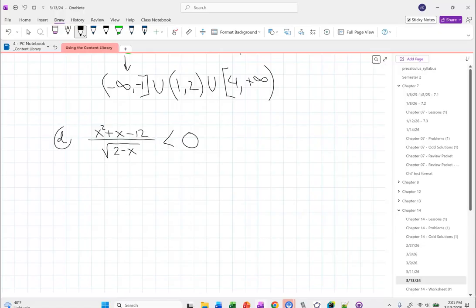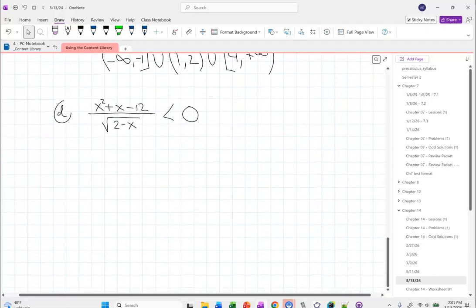But it's also still a fraction. So what other place is going to bother us where the function can be undefined? When the denominator is 0. The square root of 0 is okay, but since we're dividing by a square root, dividing by 0 is bad. So the fraction part, we have to worry about dividing by 0. The square root, we have to worry about square rooting negatives. So there are two things we have to check on the undefined piece.